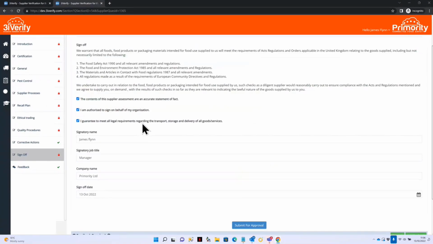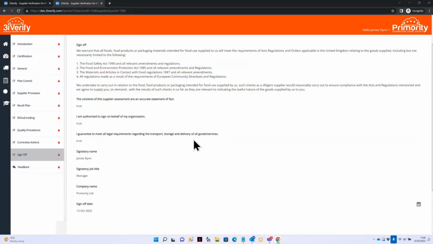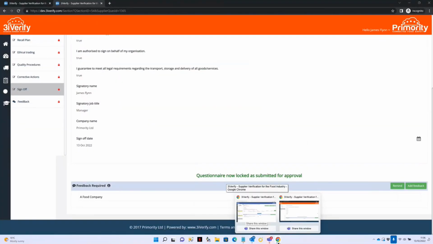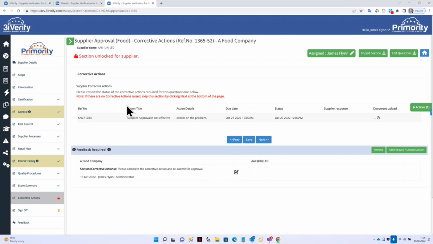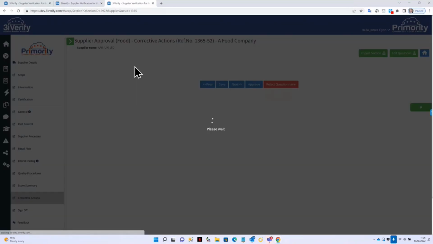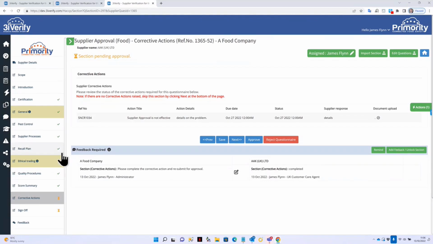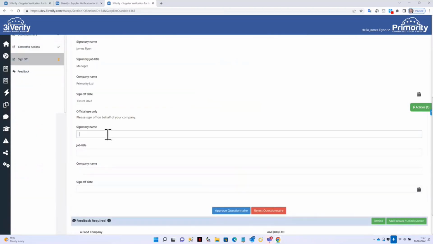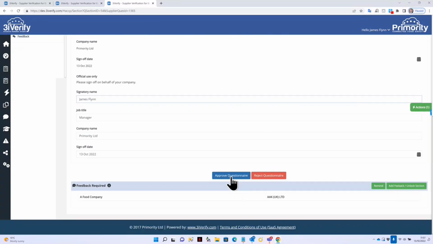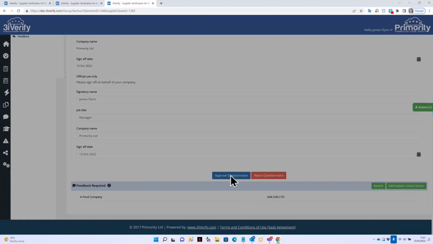And now we can complete the sign-off section. Clicking submit for approval will once again lock the entire questionnaire, and an email will be received by the assigned user, so they are notified that they can now proceed with approving the questionnaire. The assigned user then returns to the section, and any remaining pending sections are displayed, and the details can be viewed and approved. And finally, the questionnaire approver can sign off the questionnaire by clicking the Approve button and entering